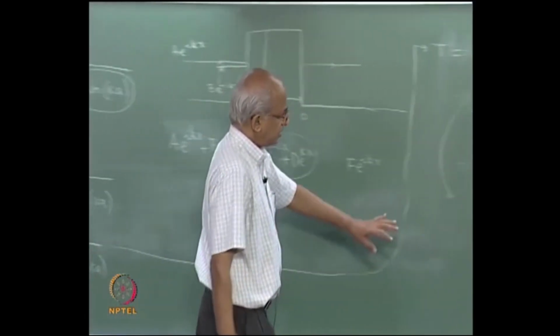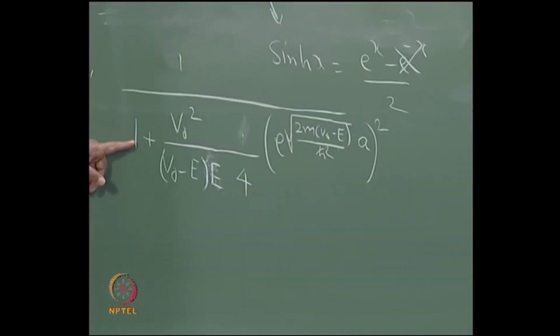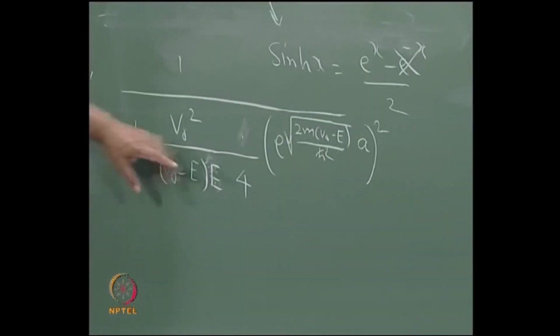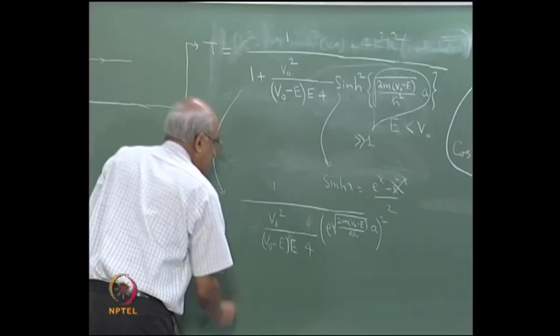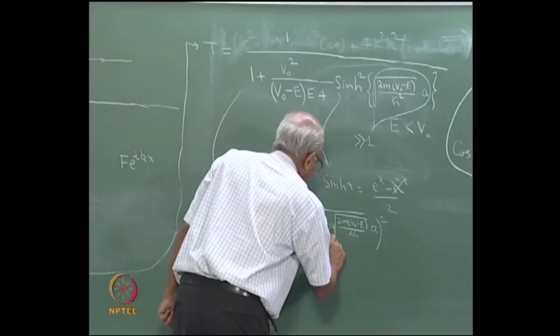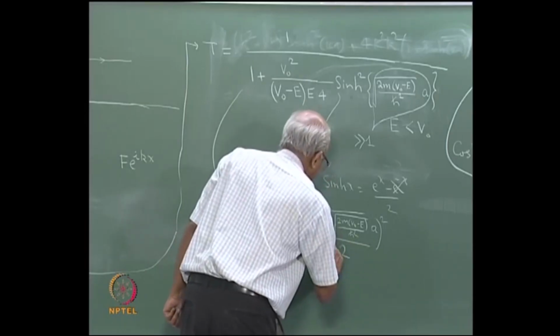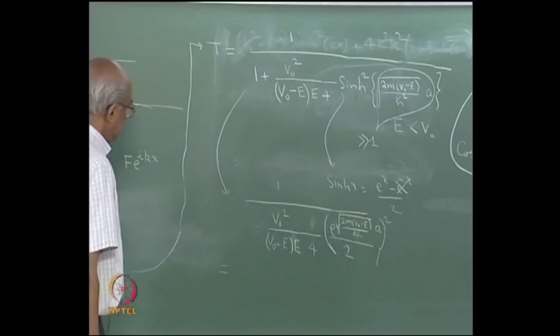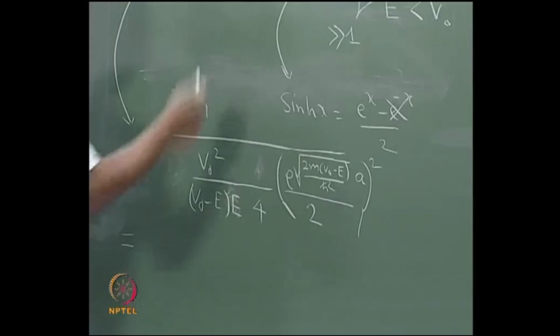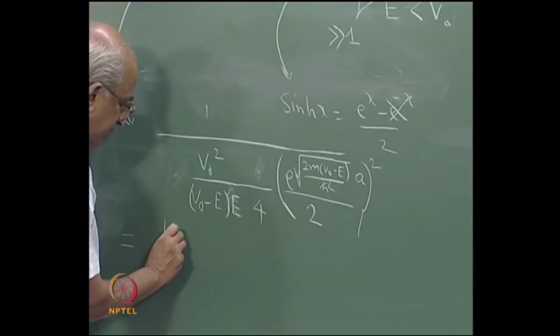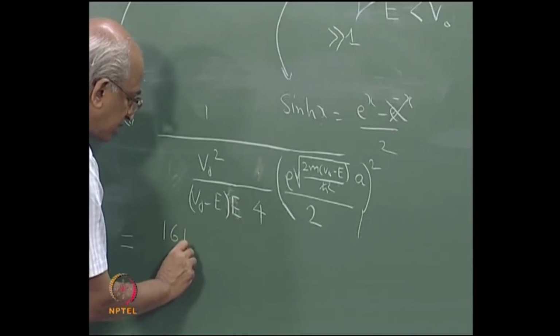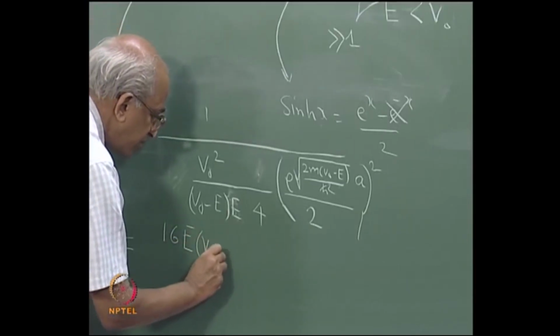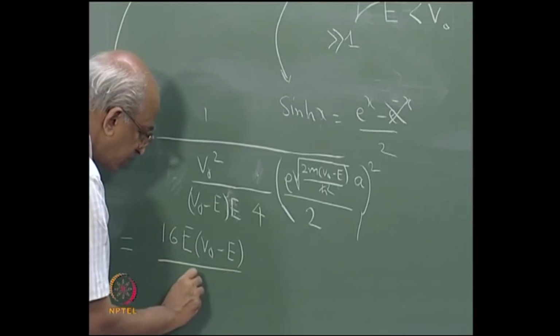And further, you see, if this term is very large, I am safe in neglecting this 1 in comparison with that term. So, let me forget that term, this 1, and hence what is the answer that I get? Well, I seem to have forgotten a half which should have been here, because the sinh x is given by e to the power of x divided by 2. So, now again I can simplify this expression. In this particular limit, the answer that I get will be 16 E (V0 minus E) divided by V0 squared